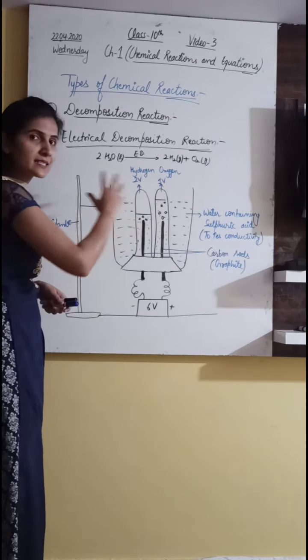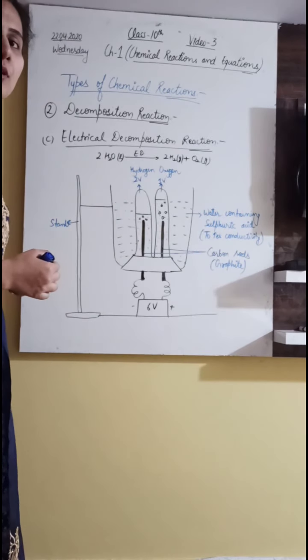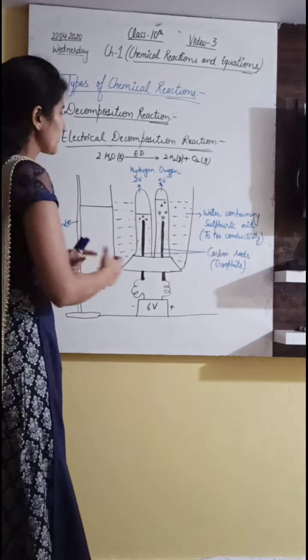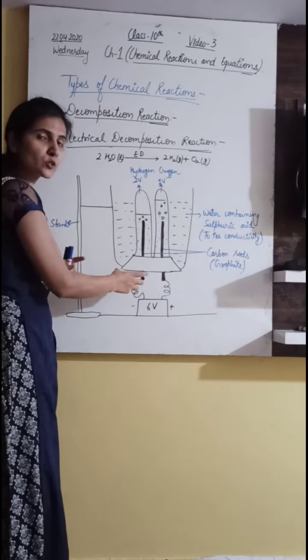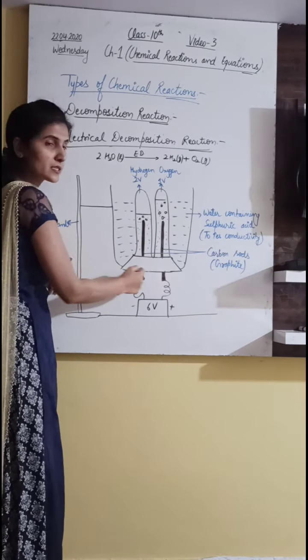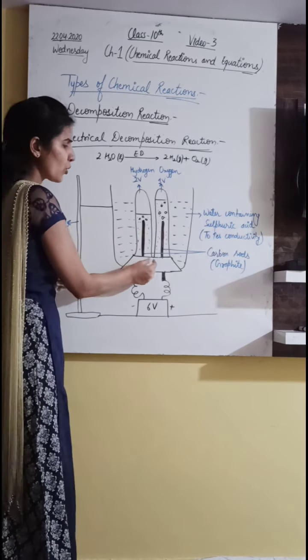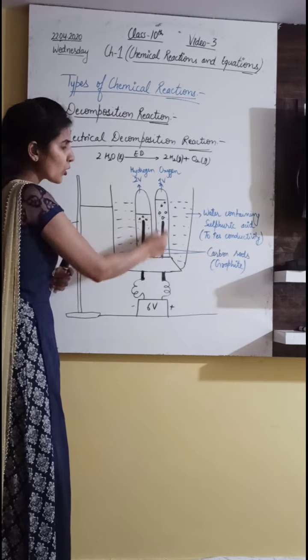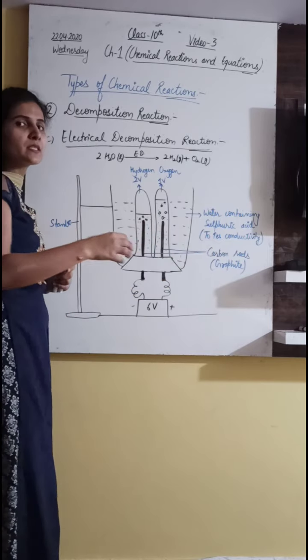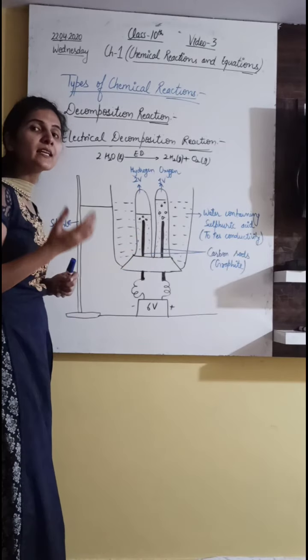So this is a setup for the electrolysis process, showing how electrolysis takes place. This is one bottle whose bottom is already removed, in which I placed something, a cork we can say, which has two holes in it. In these two holes, carbon, generally made of graphite, is placed as an electrode.